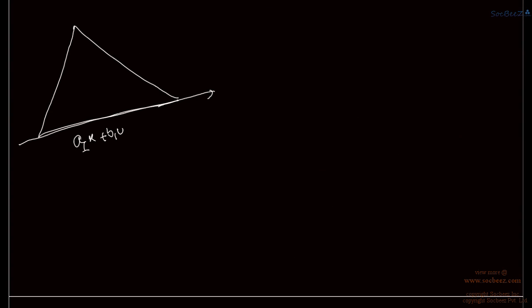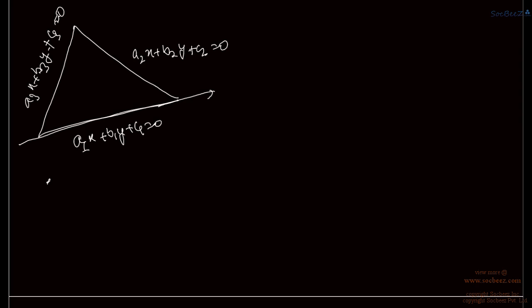Okay, so using this concept we will be seeing whether the point lies inside a triangle, what is the condition for a point which lies inside a triangle. Okay, so suppose this is a triangle, and let us denote the equations of all these three sides as a1x plus b1y plus c1 is equal to 0, a2x plus b2y plus c2 is equal to 0, and this equation is a3x plus b3y plus c3 is equal to 0.